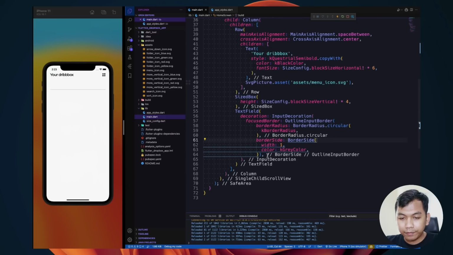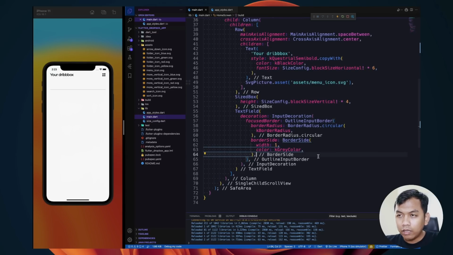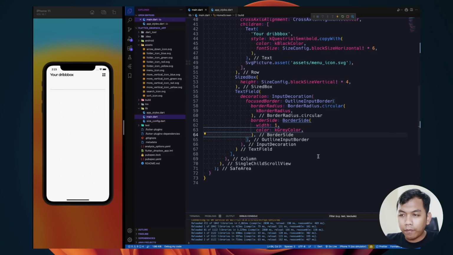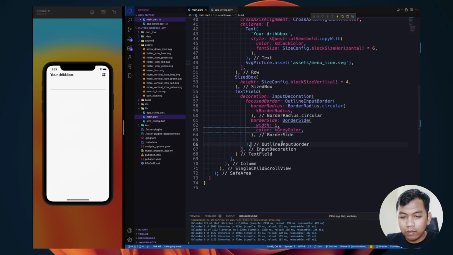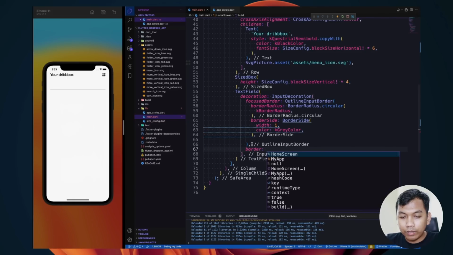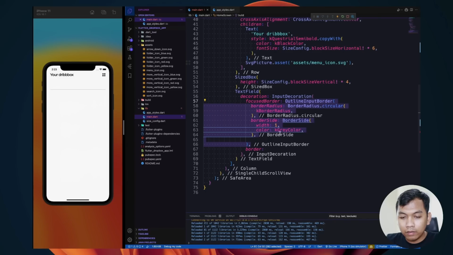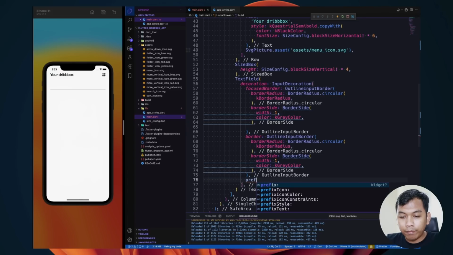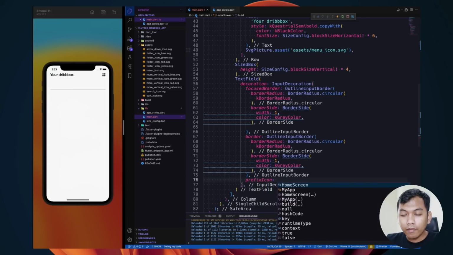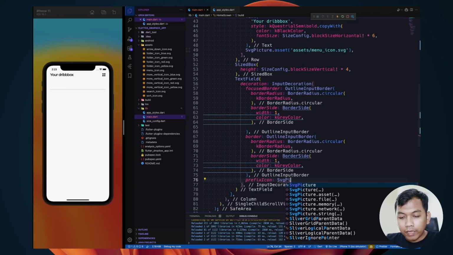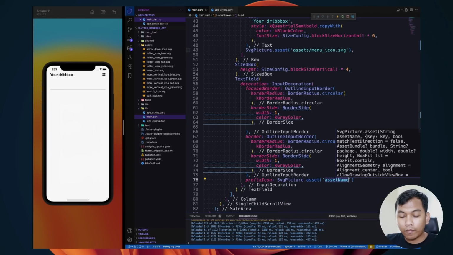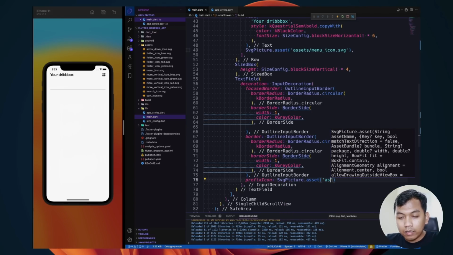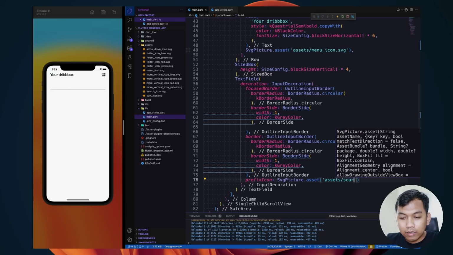All right, and the next, we need to set border, and we just need to copy this one and paste here. And below that we will have prefix icon, and prefix icon will be svg picture.assets, and the assets file will be assets search icon.svg,